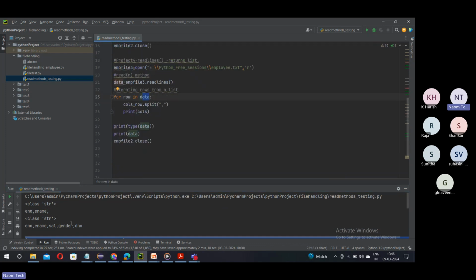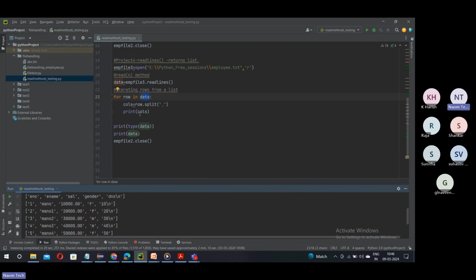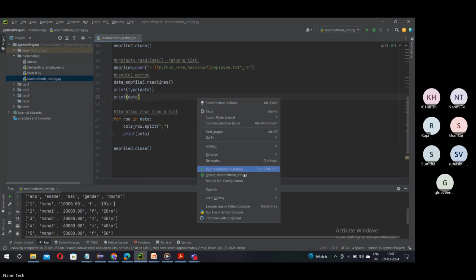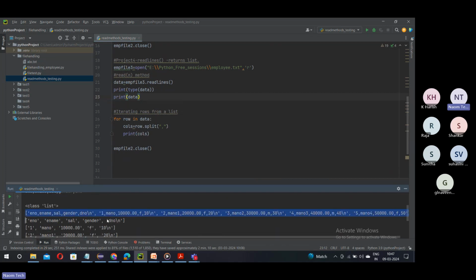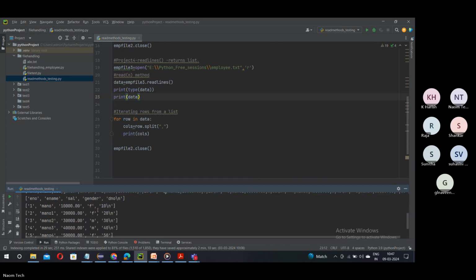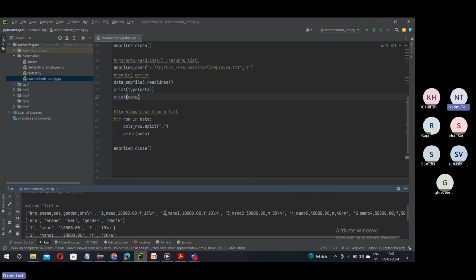I think we should put these two on top, then it would be much better so that you get a clear picture. Now run this again. Now this is much clearer. This is the actual list with each row as a string. Now when we iterate this list, each string is split, and those divided values